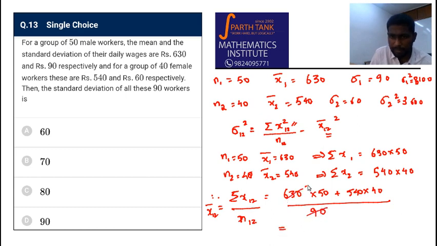And this can be cancelled, 7 times here and 6 times here. So 350 plus 240, which is 590. So the mean is 590. Let us try to find what this number would be. So let us go to